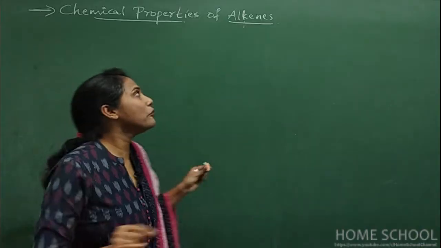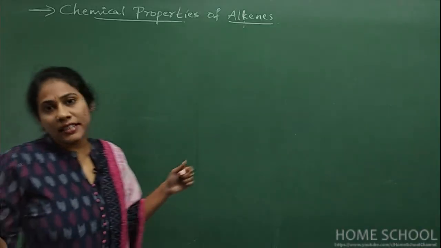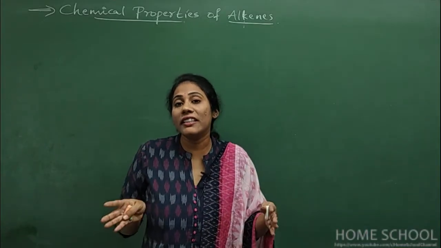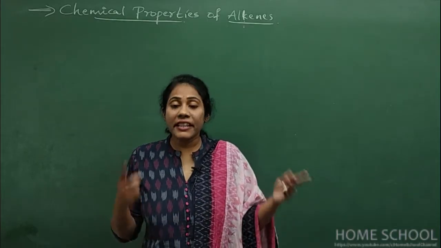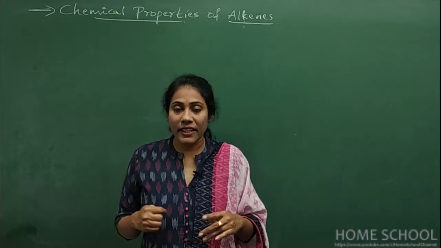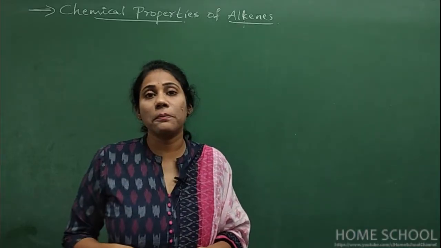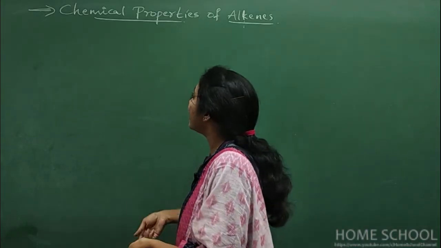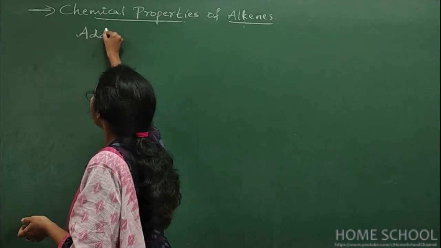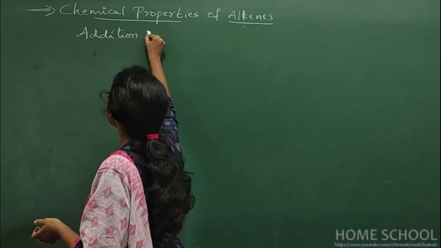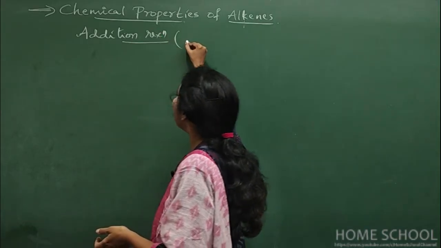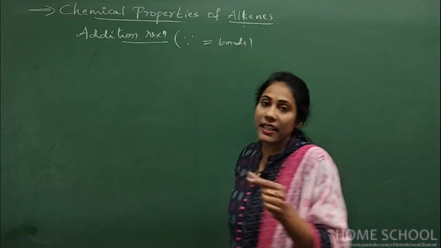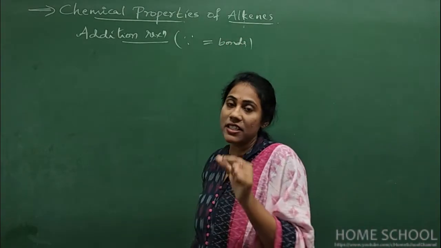Fine. Let me quickly go for the chemical properties. Chemical properties in the sense, we all know it is the chemical reactions of alkene. So how actually alkene undergoes reactions when it reacts with other substances, right? So they are called chemical reactions. See, first type of chemical reactions that we study with alkenes is addition reactions. Okay. So addition reactions are very common. It is because alkenes have double bonds, isn't it? Since double bonds are there in alkene, addition reactions are very common.